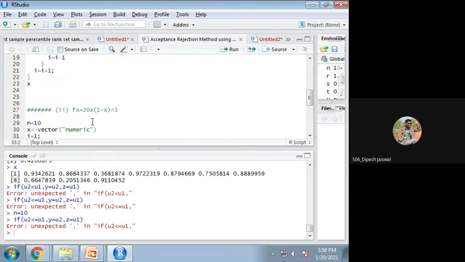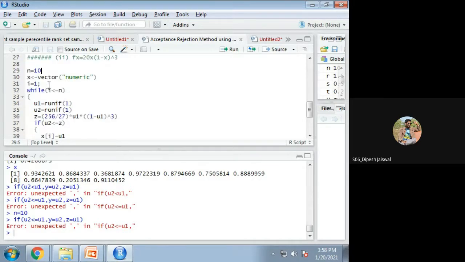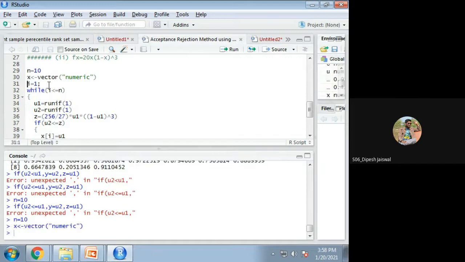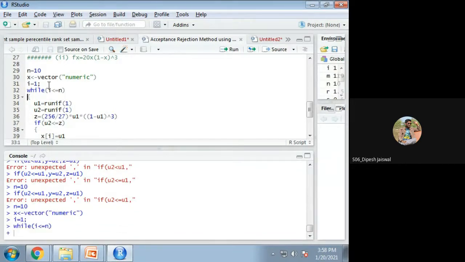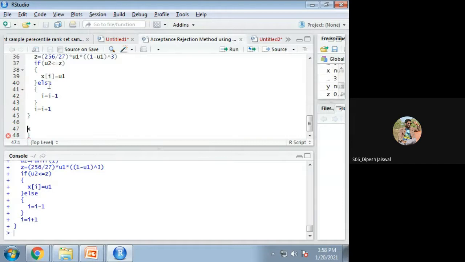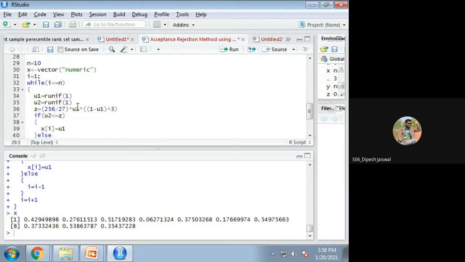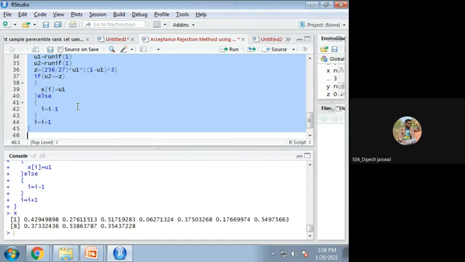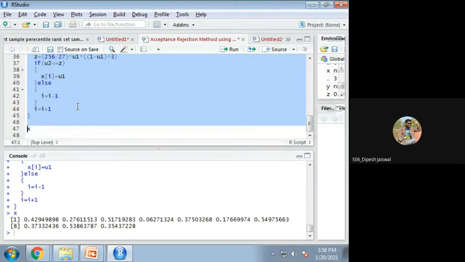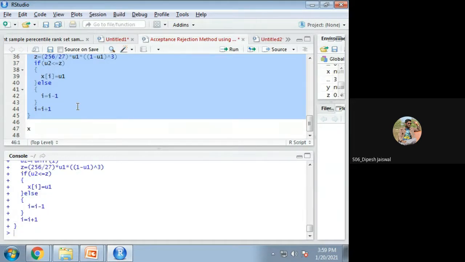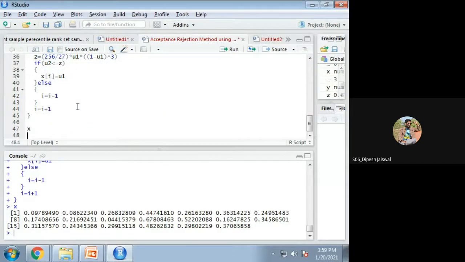Why errors? Where did the additional bracket come from? It has generated the required random numbers. Let us say generate 20, select all, and then print. It has generated 20.